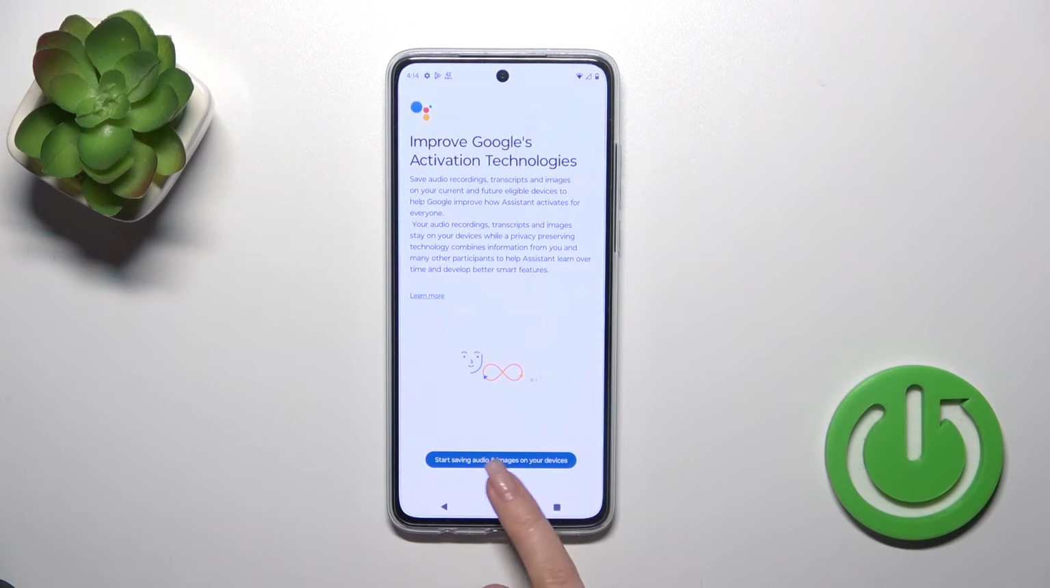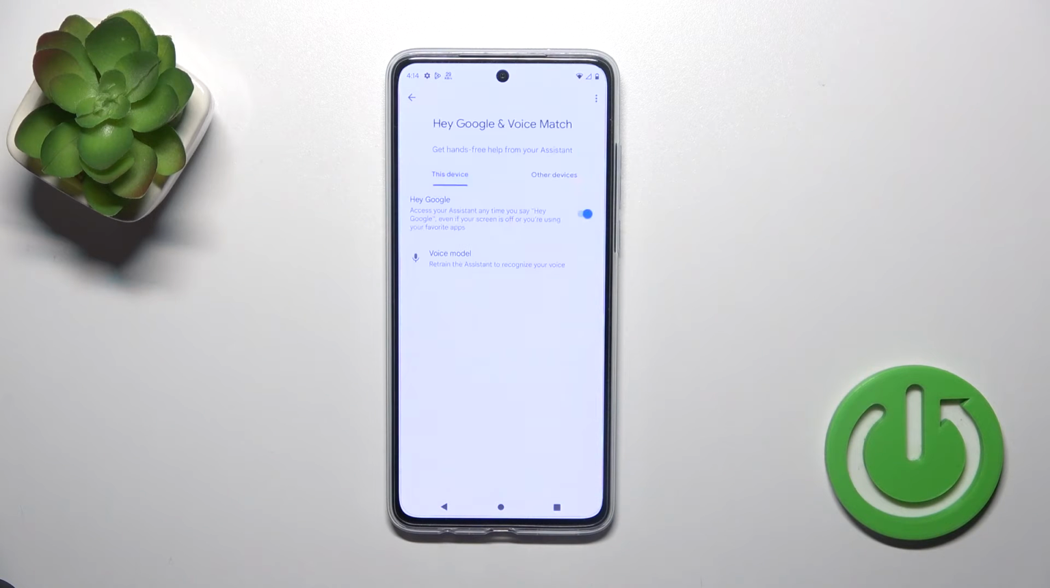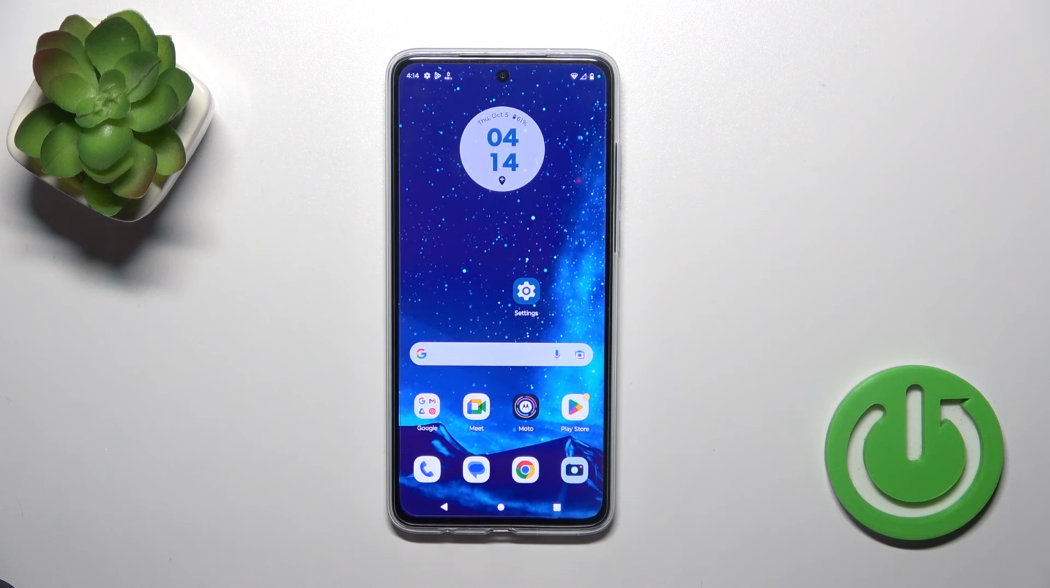Then just tap next, not now, and when we say OK Google or Hey Google, we can see that this option is successfully enabled. So that's it,